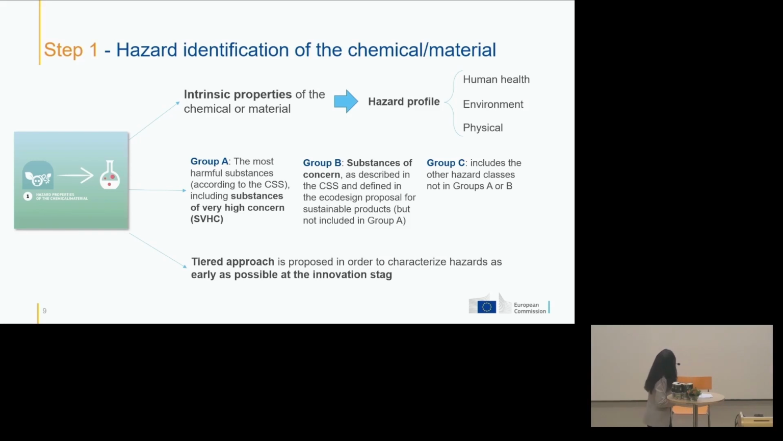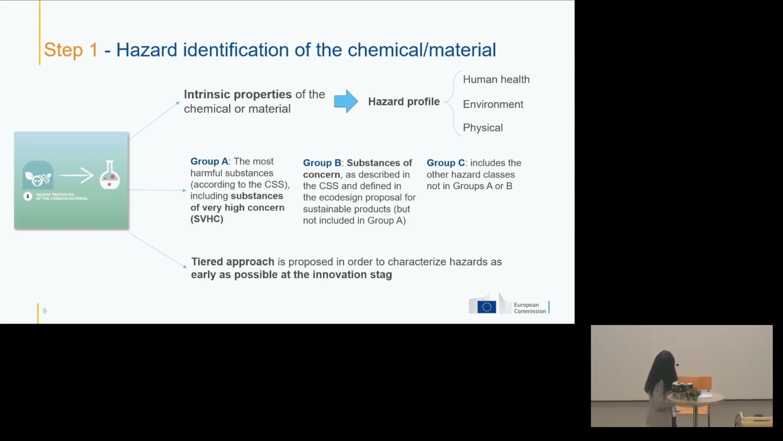So step 1 looks at the intrinsic properties of the chemical material in order to identify its hazard profile and the different hazard classes: human health, environment, and physical hazards. The criteria of the SSbD is based on the CLP criteria for this hazard identification, and then it groups these chemicals and materials in 3 different groups, aligning with the different group definitions in the CSS and in the Sustainable Product